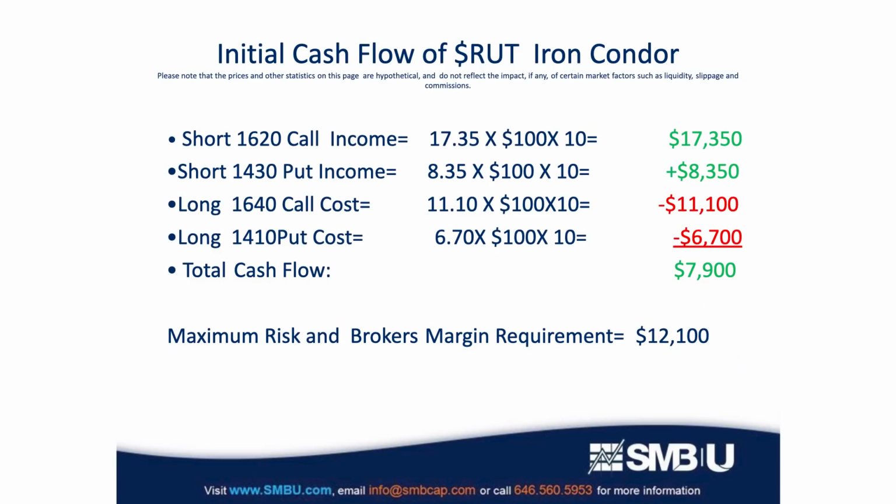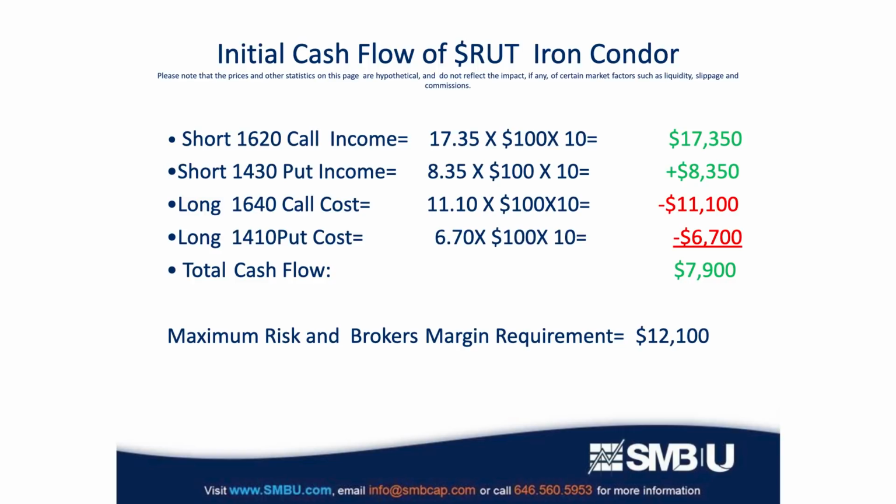Okay, so let's first do a cash flow analysis of this trade so you can understand what's at stake and what the potential rewards are. Well, first off, we sell the 10, 1620 calls above the market for $17.35, but remember that represents $100 per point, so that's multiplied by $100, and we sold 10 of them. So multiplying that by 10,